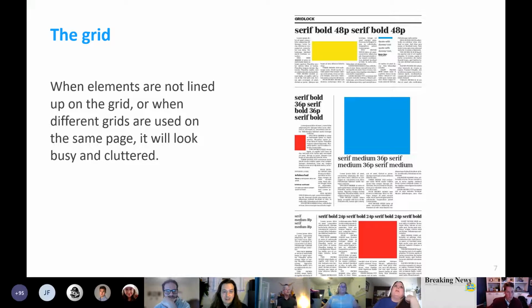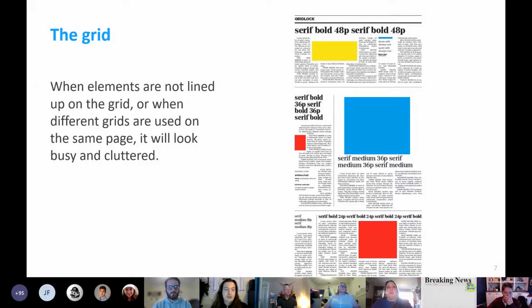On this page, nothing is lined up on the same grid. There are columns, but each story seems to have its own grid instead of having one common grid for the entire page. Imagine getting on a 6-lane highway, but all the lanes are different widths. So, for example, if you've ever driven on the Belt Parkway, I live near New York, in Brooklyn, then you know what I mean. You could still drive on it, but it can be a challenge to navigate. In the same way, a page in which the columns are all different widths can be hard for readers to navigate.